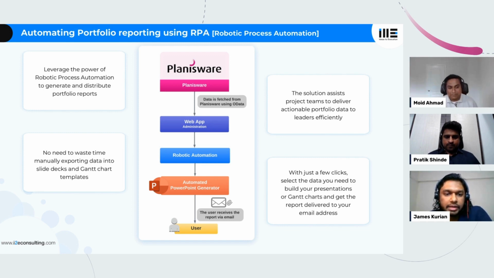So our customers actually benefited from this. Things which took hours, now with two button clicks, we were able to get the report delivered right to their email address. And this actually helped with collaboration as well, since they were emailing each other for collaborating and improving these things. So that helped a lot here as well. So there are many other use cases wherein manual processes can be automated. Go to the next slide, please.